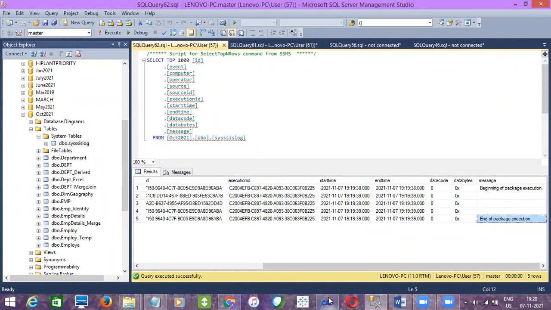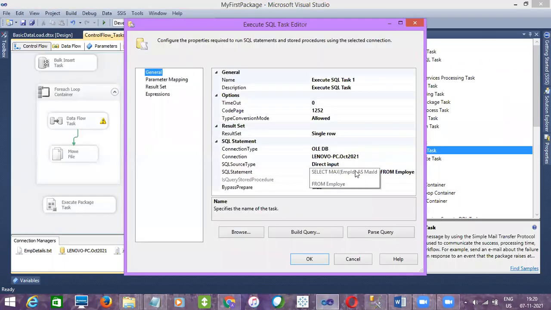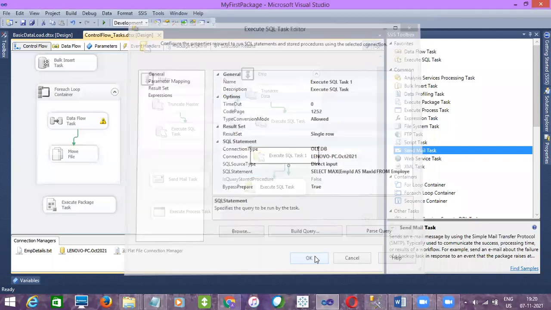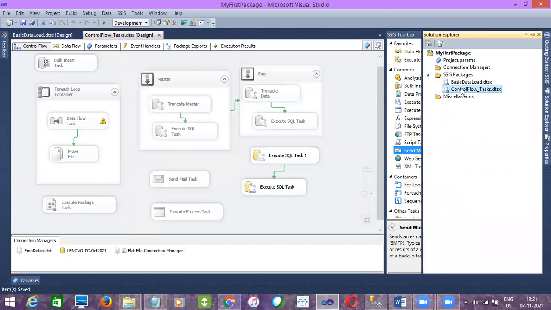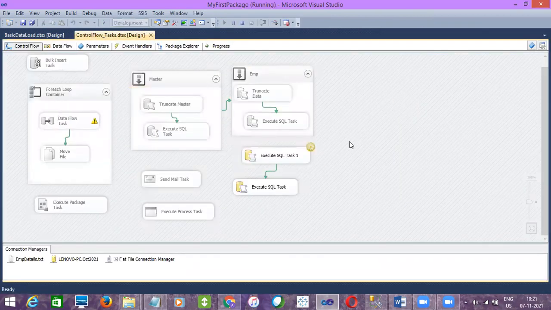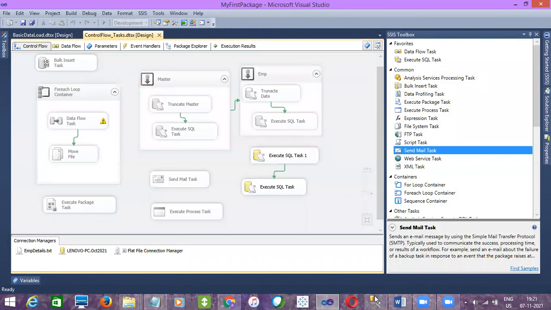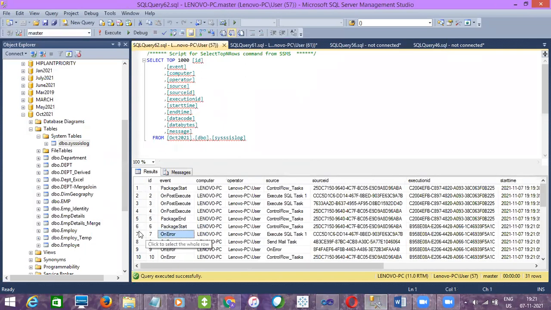Okay, let's purposely fail the package now. Let's purposely fail the task. Maybe here I'll just remove the closing bracket. So it is an error message, right? Now if I execute, if any error occurs in the package, we'll see what the log table tracks. It failed, right? So let me come out of the execution mode and execute the log table query again. Can you see an entry here?